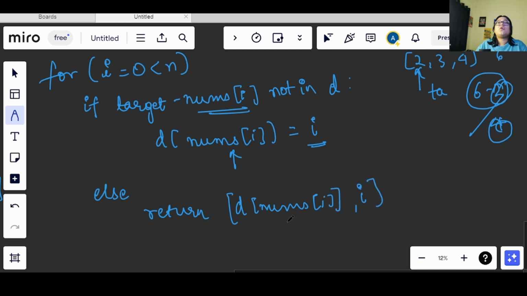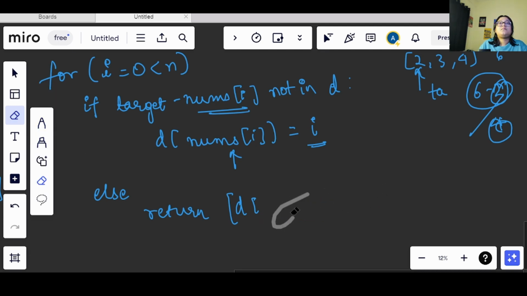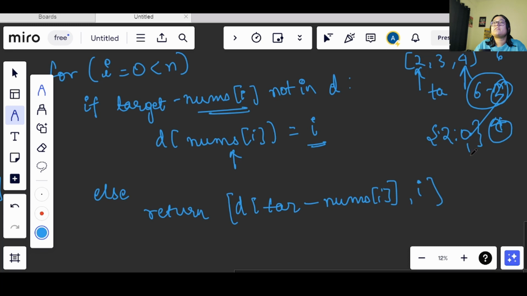I will be using the subtracted value, so d of target minus nums of I, and I. Once we came here, this 2 was already inserted in my dictionary with the index value.